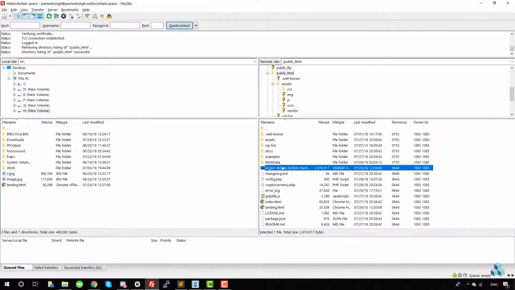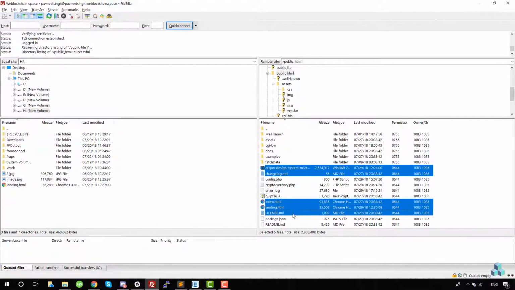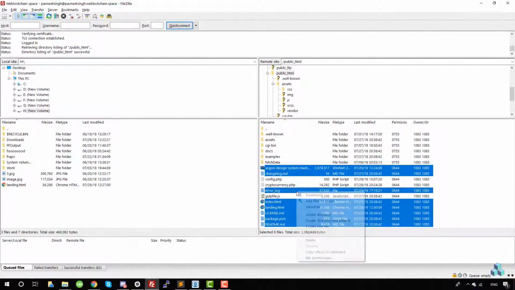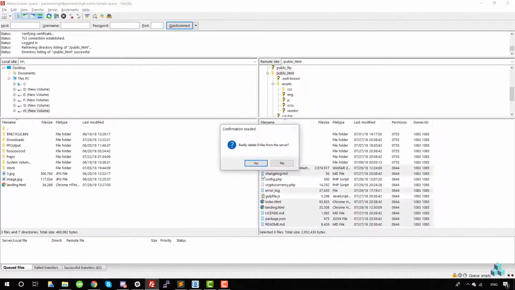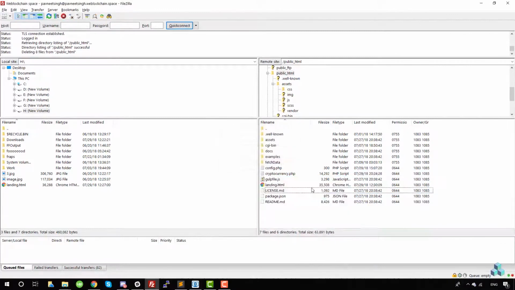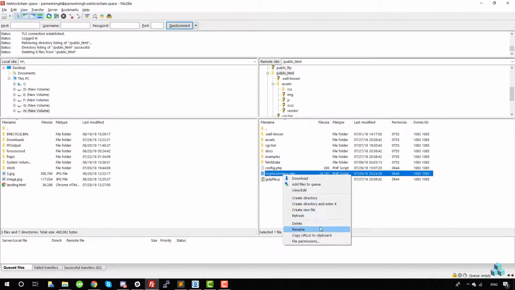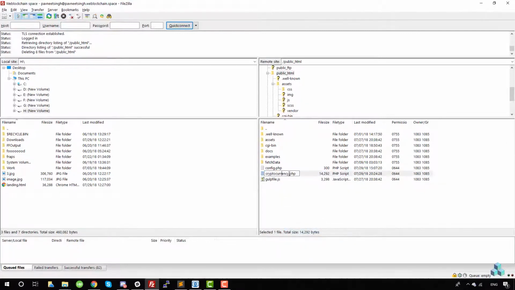So what we'll do is we'll delete all this changelog. We need the config.php too. We don't need the index.html. We don't need the lining. We can keep these files. It's up to you. If you don't need it, if you need it, it's up to you. All right. If you need the error log, that's really up to you. We can delete these 8 files, and once that's deleted, what we can do is we can rename this cryptocurrency.php to index.php. All right,